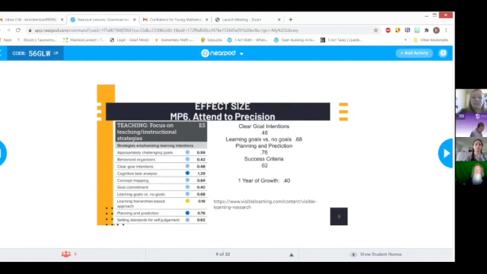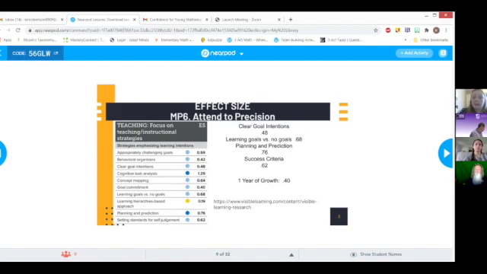So these teaching strategies that are listed on this screen are given a number. Beside it is 0.59, 0.42, 1, 0.29, and 0.40 or 0.4 tenths is a 1 year of growth. Okay, and so if you are implementing this strategy in your classroom, his research says that it can produce a year of growth, and some of these are more than a year of growth. So I just wanted to choose a few of these that we're going to look at today.